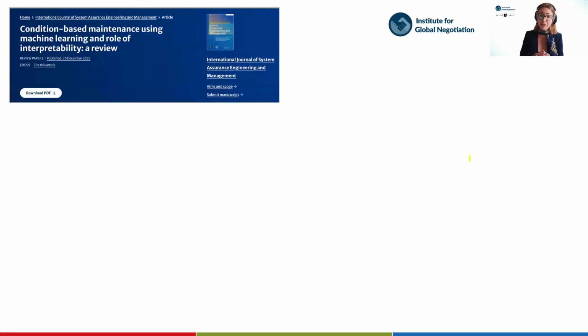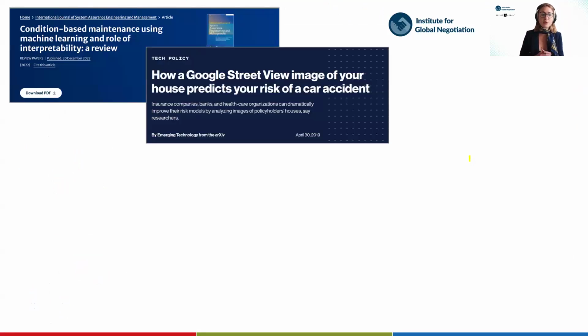Anyways, there is more to AI than generative AI. Artificial intelligence can be used for a whole variety of things. Everything from condition-based maintenance, meaning predictive maintenance, so using past data on how systems have worked in the past to flag mistakes sooner. It can also be used to literally predict risks of car accidents based on traffic data, based on your driving data, based on your previous Google Maps data.